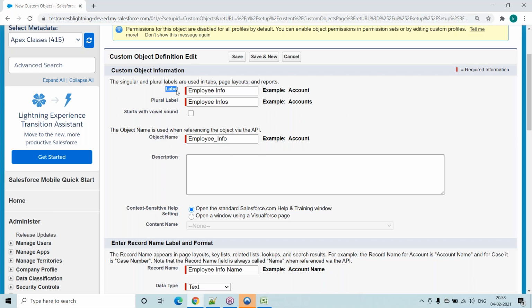Label is nothing but the table name, meaning the object name. Whatever we give as the label, the system automatically uses the same name here, but since a space is there, it adds underscore underscore c. And the plural label is Employee Infos, at the end we are adding s. Just remember what the impact of this is, where it is useful we will discuss. Just remember label, plural label, object name.